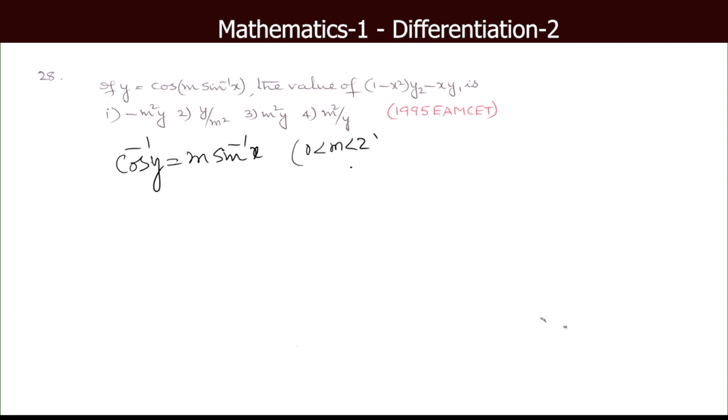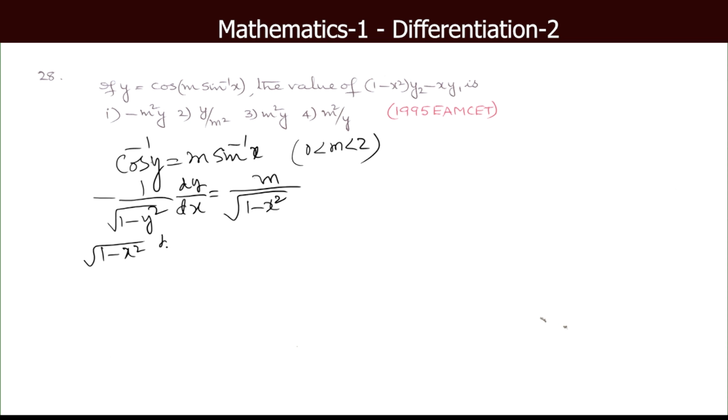Nothing is said here of course in the question about m. That should be taken for granted. Now, differentiate both sides with respect to x. Minus 1 by square root of 1 minus y square into dy dx is equal to m times derivative of sin inverse x, 1 by root of 1 minus x square. So, one time differentiated, what we get is root of 1 minus x square into dy dx is equal to